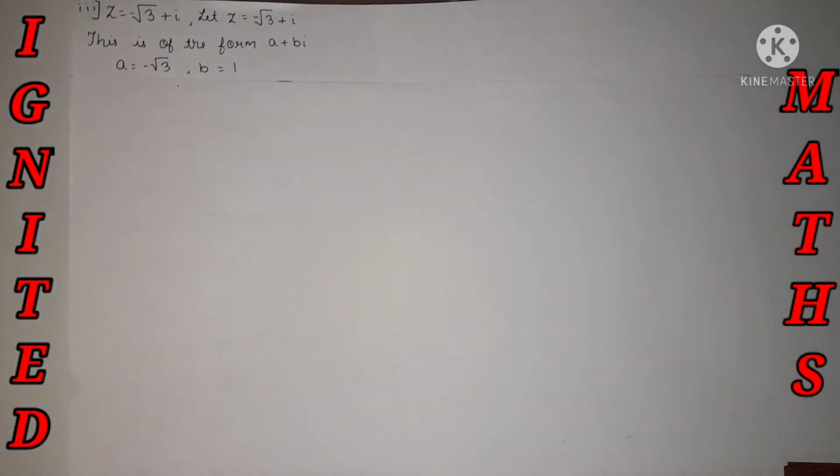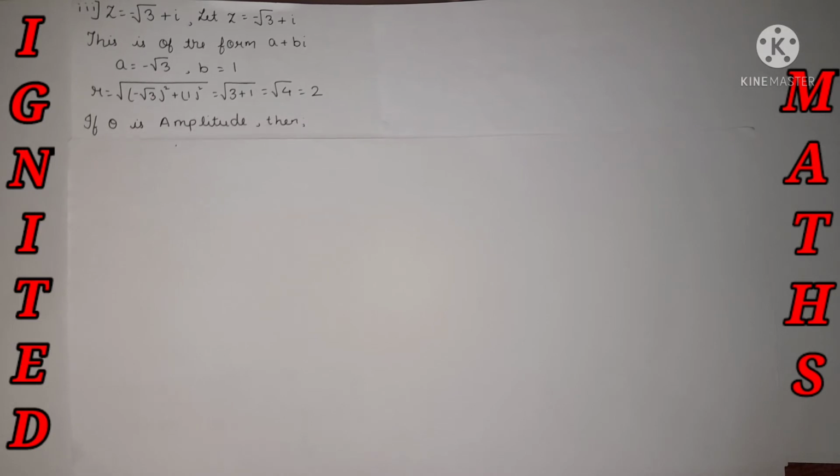So let's identify the quadrant. It's nothing but lying in the second quadrant. Just keep it as it is. While finding the value of theta, this will be the most important part that we need to apply over here. Let's find the value of mod z, which is equal to r, and we got the answer as 2. So r is equal to 2.